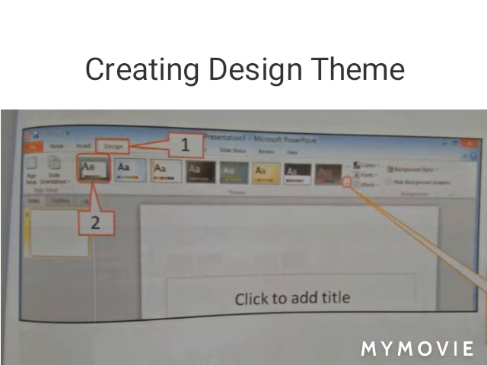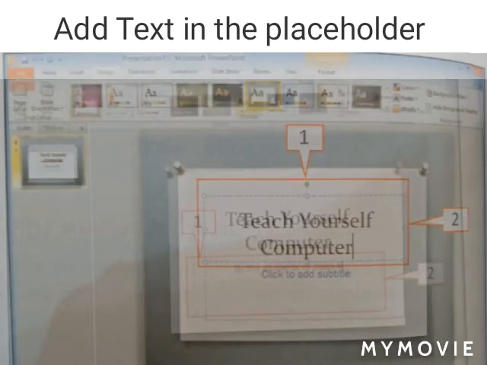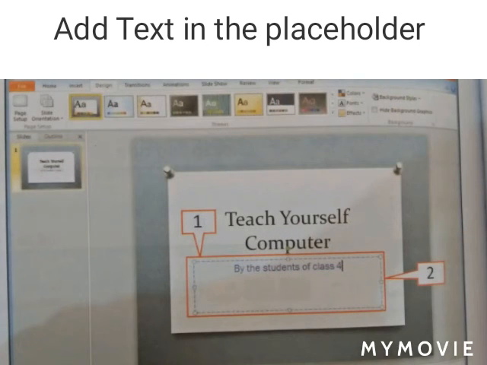After applying the theme to the slide, we can start adding text. Text should be added in the placeholder. We click on the text placeholder and type whatever text we want. Then we can click on the subtitle text placeholder and type our subtitle there.